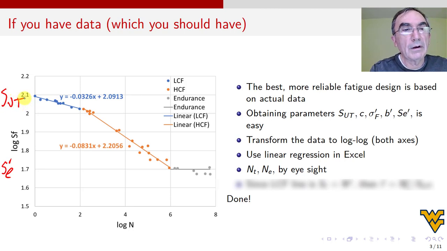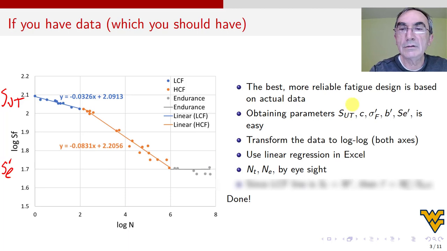All right, so once I do that, I click on the blue dots, and I say, please give me a linear regression, and please put the equation on the graph. And so here's the equation, but these numbers are all in log, because this is in log. And then regress this one, and there I got it like this. And then I put a horizontal line more or less by eyesight at 50, which here it says 1.7, but now you know what it means. And basically we get everything.